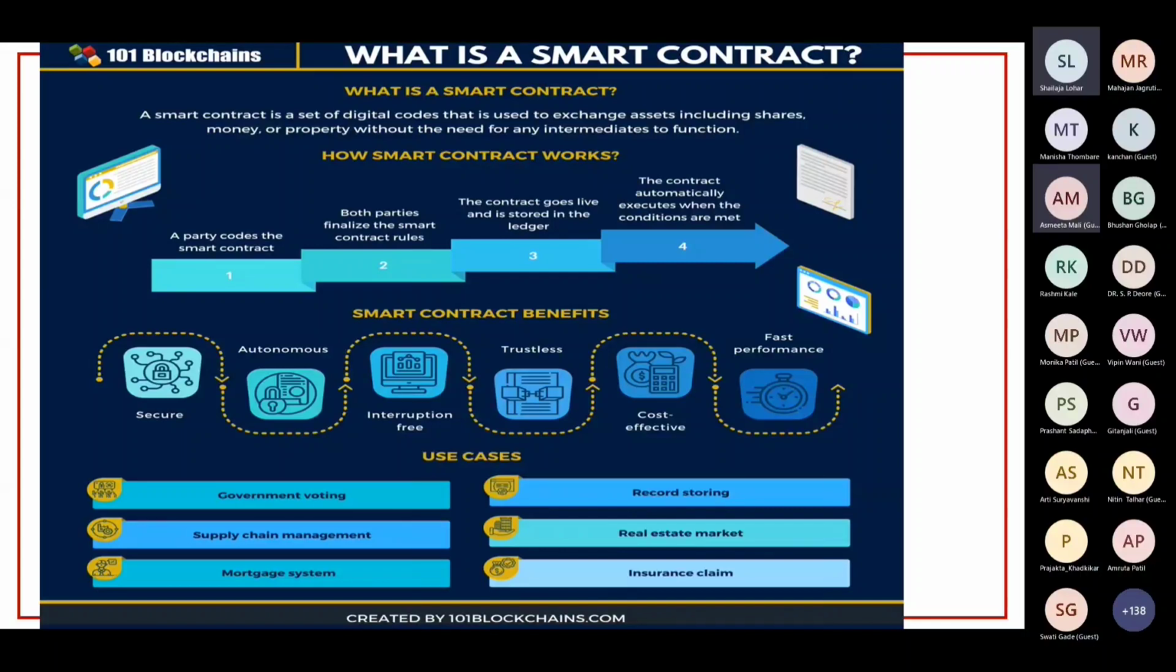and only then will he be given the flat for rent. Now, a contract is something which acts like an agreement between two or more parties. The only difference is that a smart contract will completely eliminate the third party from the agreement. What the smart contract will do, as shown in these steps: a party codes the smart contract. Both parties finalize the rules. Okay. Just as in the renting example I explained, the contract goes live and is stored in